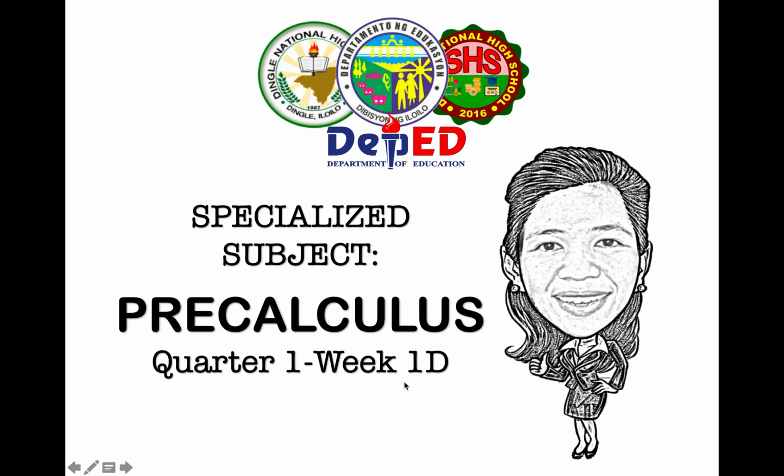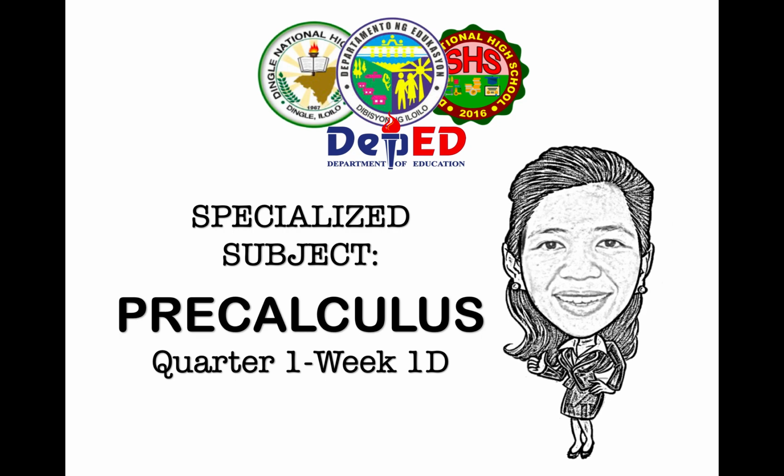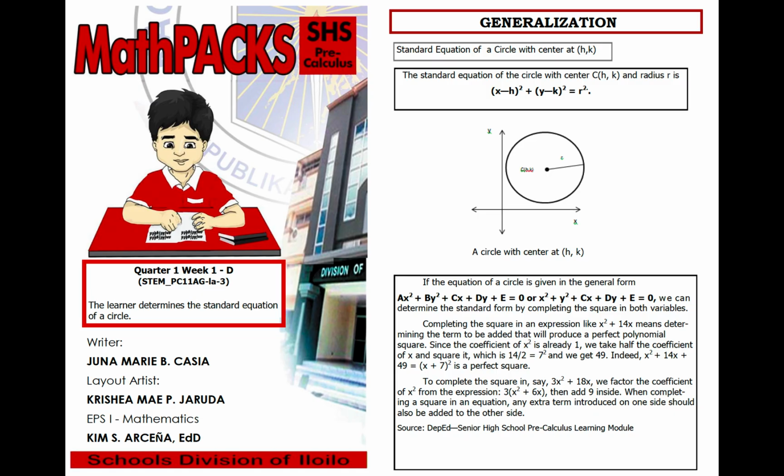the last page of your Precalculus module. Okay, for Week 1D, our discussion will be on circles having the center at (h, k). So earlier we talked about a circle whose center is at (0, 0). So this time let's talk about circles whose center is not at the origin, but rather at any point on